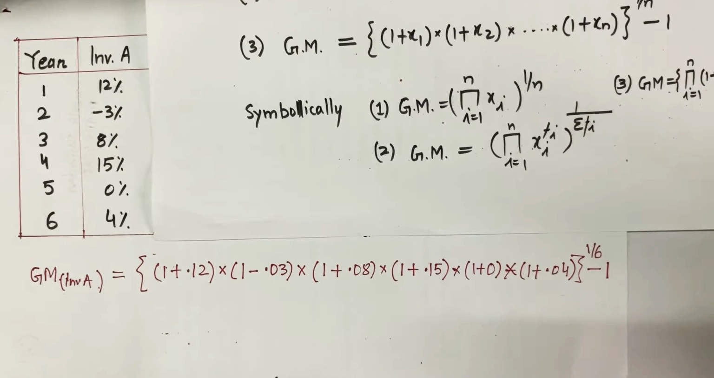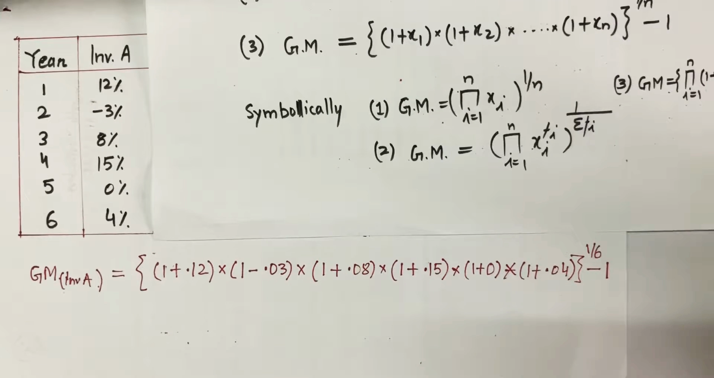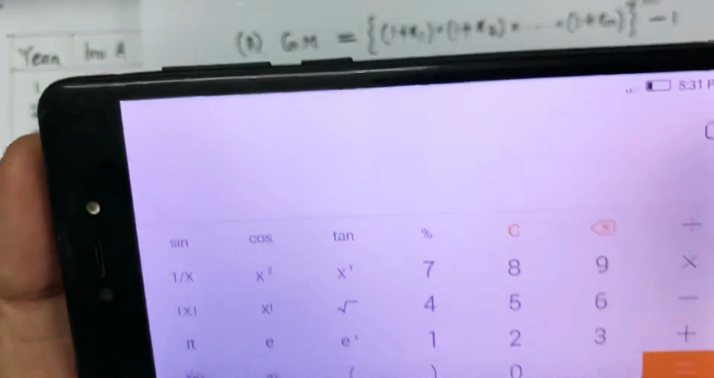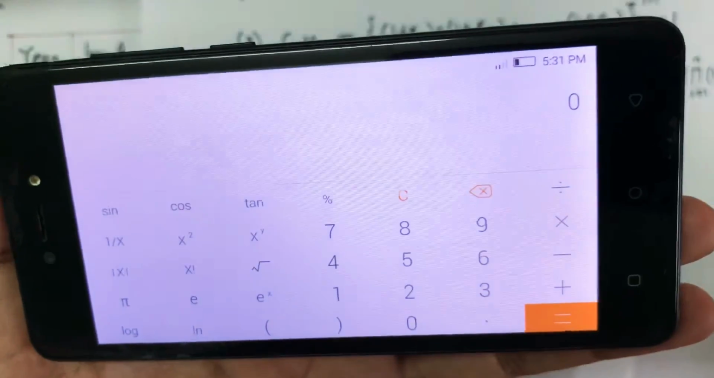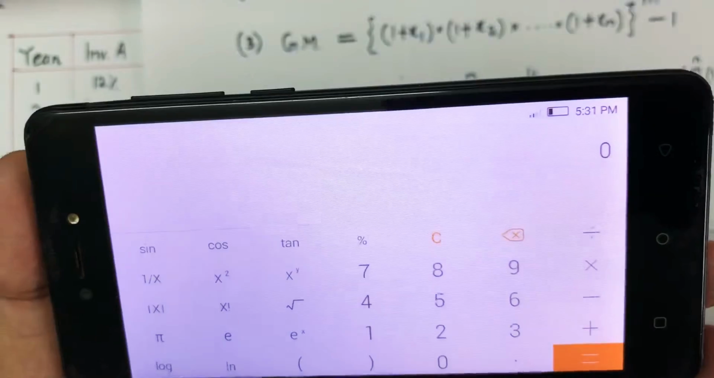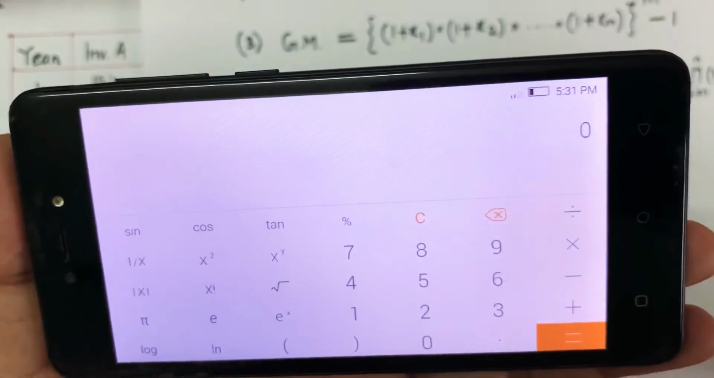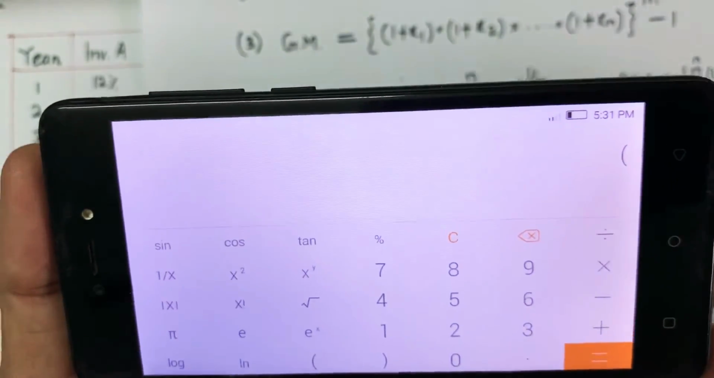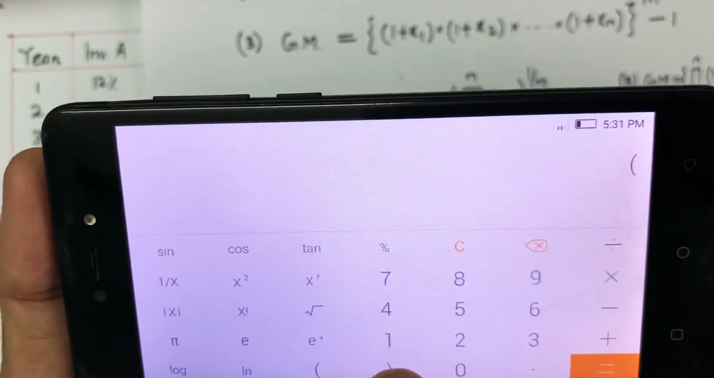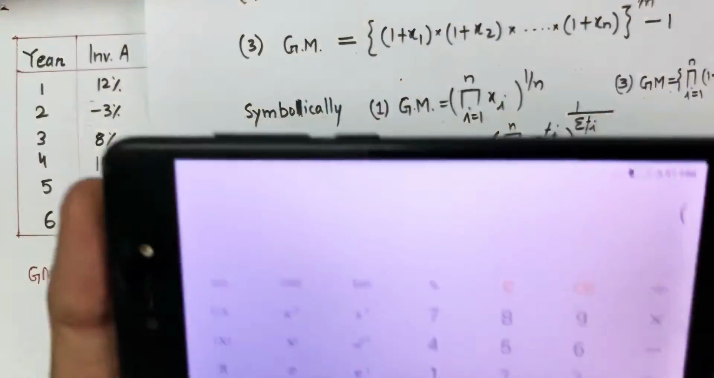Now I'll use a calculator simply to calculate this whole thing rather than going for a log table. If you want to go for a log table, you can see my previous videos. So I'm going to use a calculator here, and I'll start with the bracket. The first term is 1 plus 0.12, so it is going to be